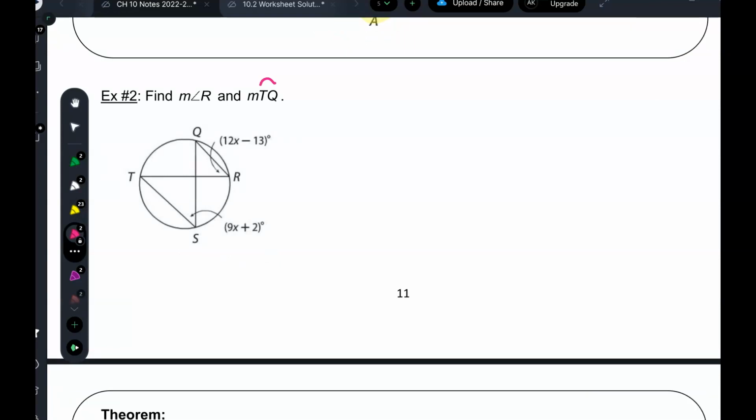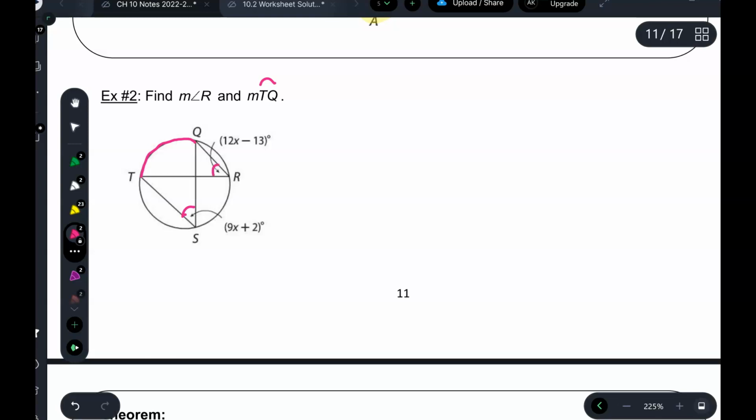Okay, so angle S and angle R are both opposite arc TQ. So they have to be equal to each other. Okay, so let's set